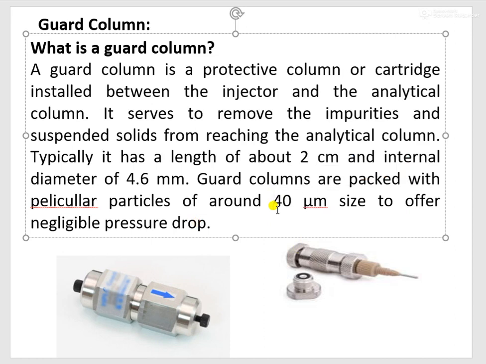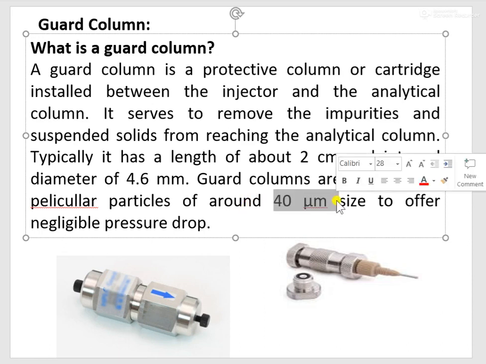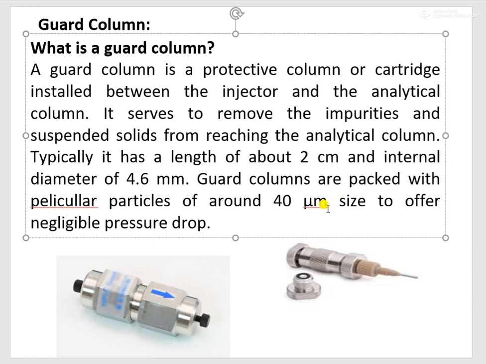In analytical columns, we use 3 micron, 5 micron or 10 micron particles based on our requirement. But here in the guard column, the particle size is 40 micrometer. So the packing material type will be the same as the analytical column, but the difference will be the size.